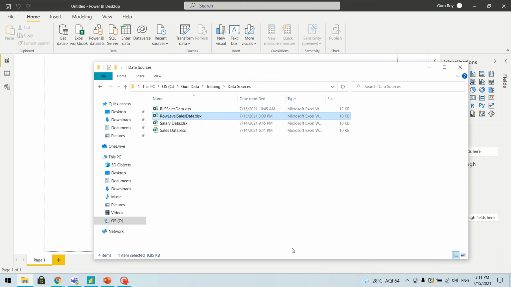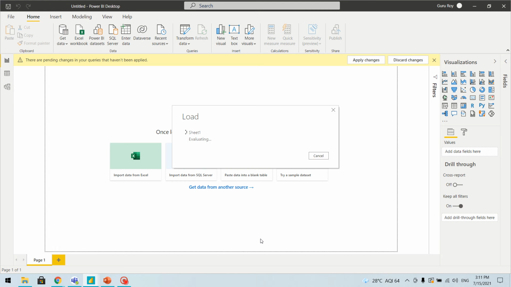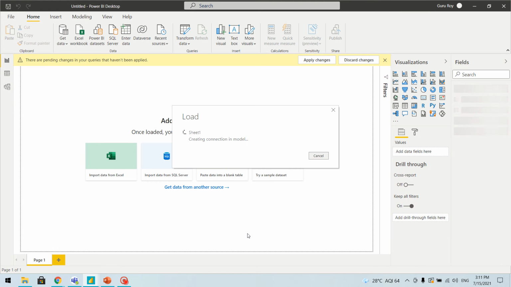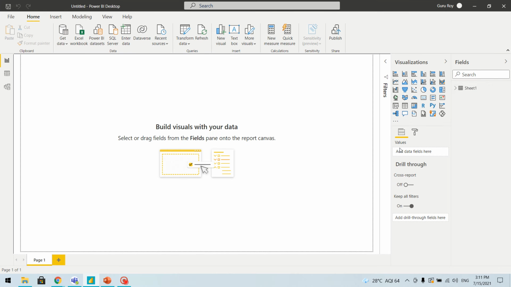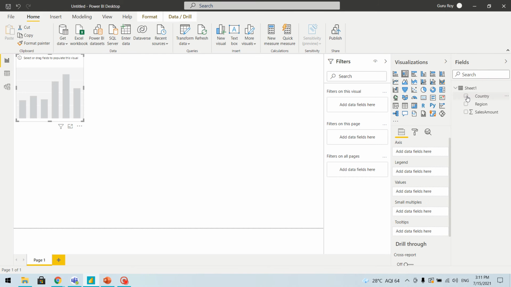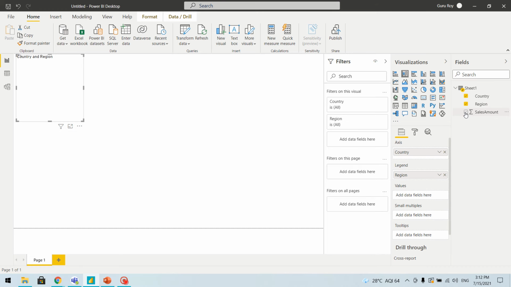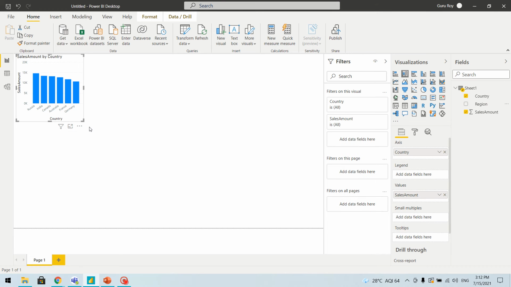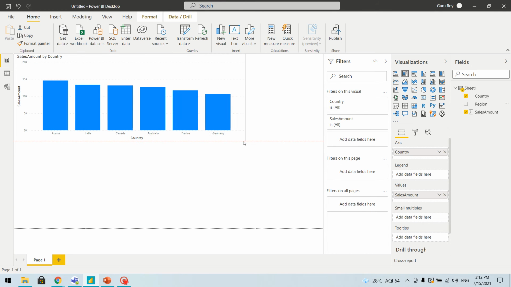I'm taking this data and will first create a report out of it. So let's create a simple bar chart. We'll have country. Sorry, I don't need the region, so let's ignore the region for now.